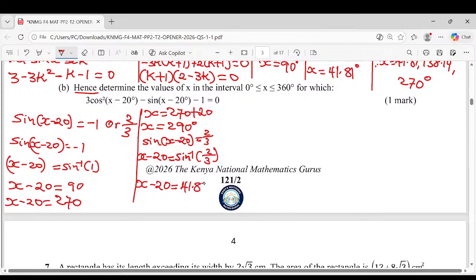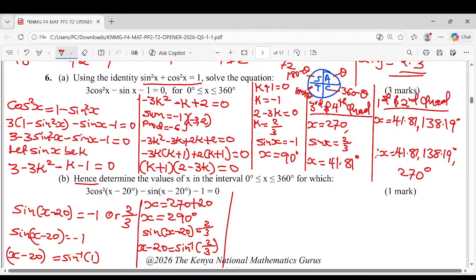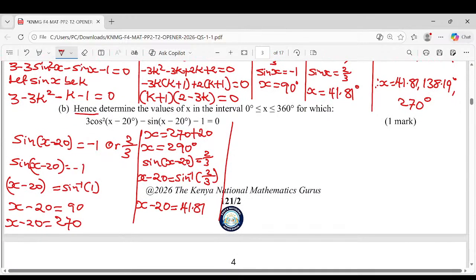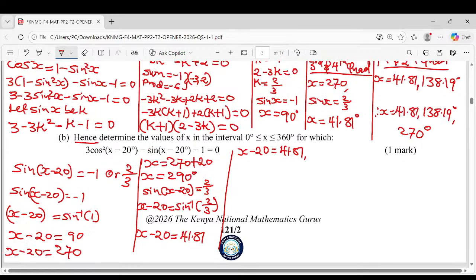Then we are going to see the quadrant where sine is positive. Sine is positive in the first quadrant. That means that x minus 20 will be equal to just the 41.81 itself, or in the second quadrant, where it is 180 minus theta, which is now 180 minus 41.81, that is going to become